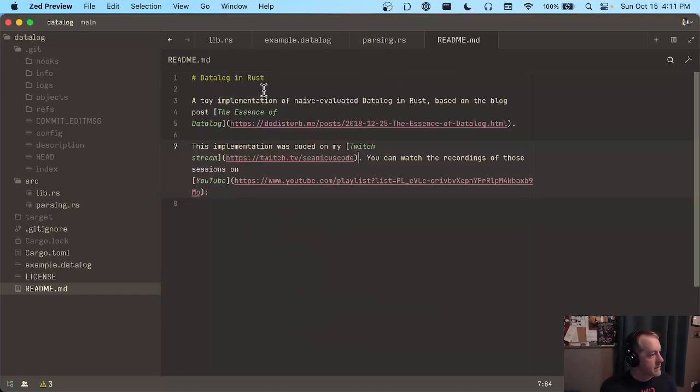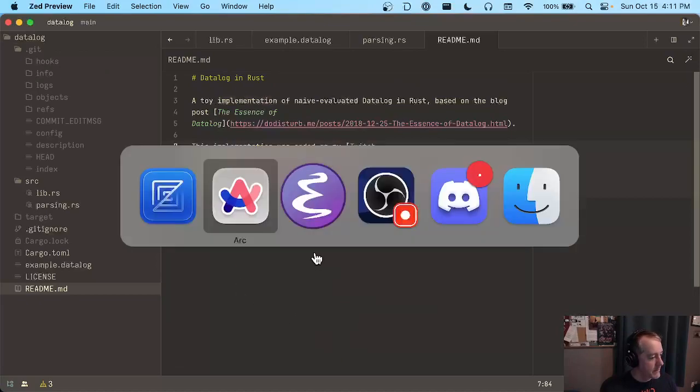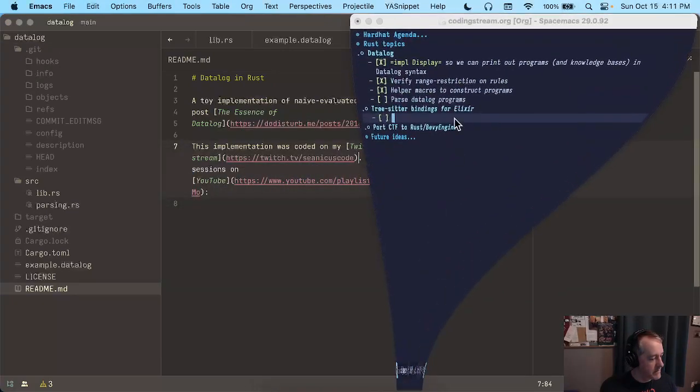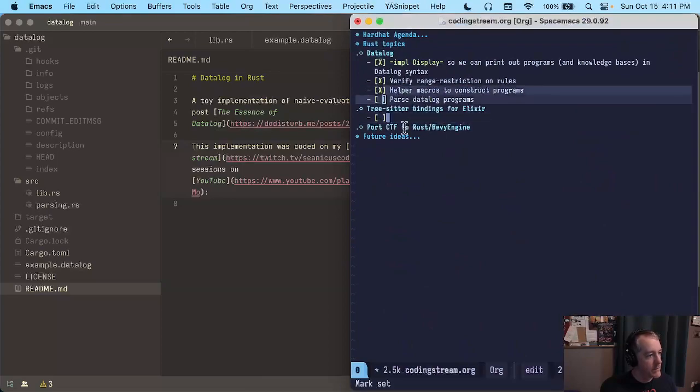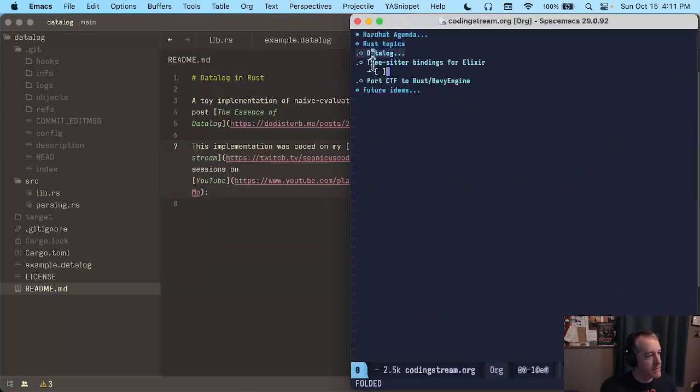All right, I think that was pretty successful. I lost my Emacs buffer. There we go. So we parse, we have macros, we can print them out, we have range restriction, and I think we're good on this. Okay, so let's talk about